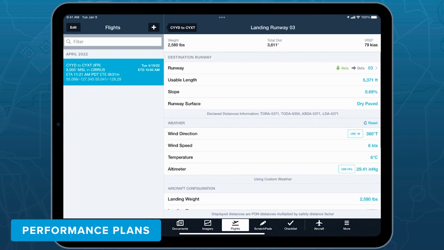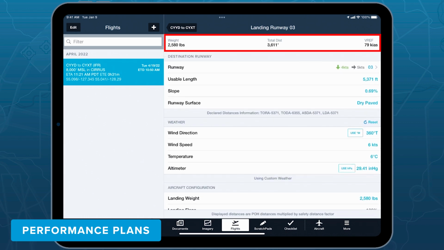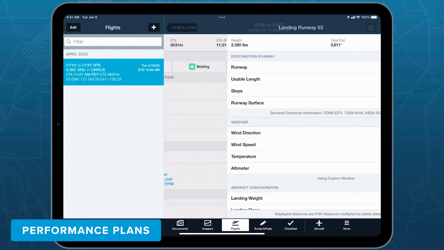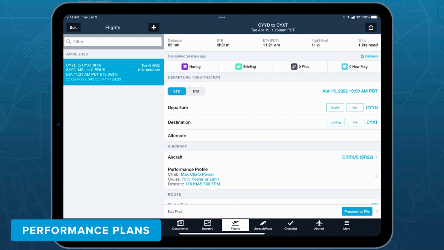So there we go. We've got our total distance, 3,611 feet, and if we look at the different takeoff runway available, takeoff distance, accelerate-stop distance available, and the final one, landing distance available, LDA, 5,371 feet. So we're well within that. So quick checks done, and we know that we're well within our limitations for both the takeoff and landing numbers